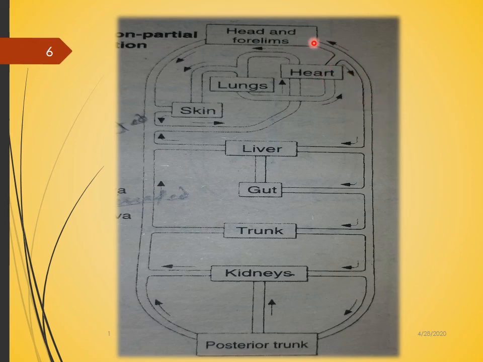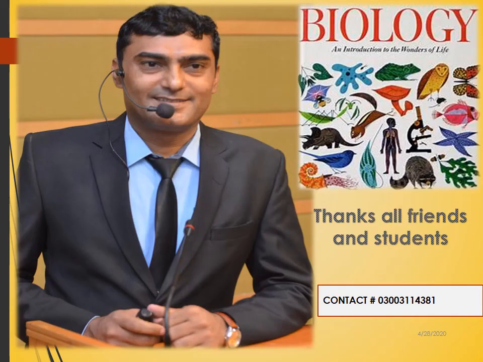Upper part by the help of carotid and lower by the help of systemic, and it carries blood to each and every part by the help of the aorta. It supplies blood to the liver, gut, trunk, kidney, posterior parts, and again it is collected by the help of the inferior vena cava, you can see, and this one is the superior vena cava, that also carries blood to this one. Here there is a complete circulation.